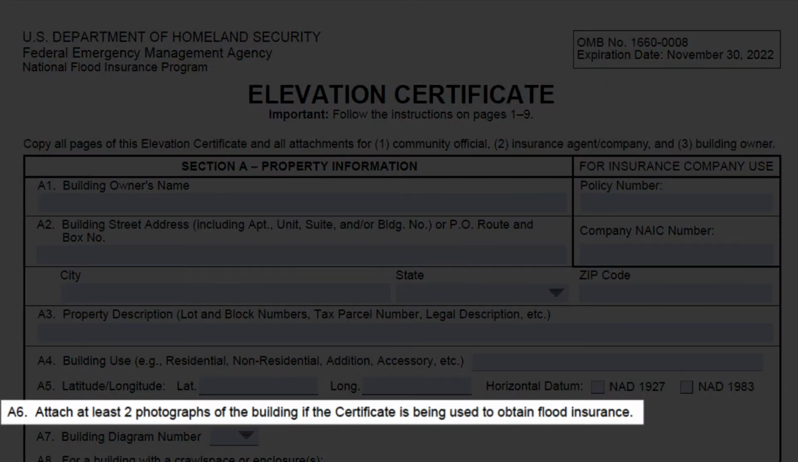As for A6, photographs are not required for permitting purposes. Therefore, they are not required for CRS. However, they are required by insurance agents for writing policy and are very helpful for compliance records. So we strongly encourage you, as the community official, to require at least 2 photographs. 4 is desired if you can get them from the surveyor. And be sure they're of good quality so they can be seen clearly by you and when you submit them